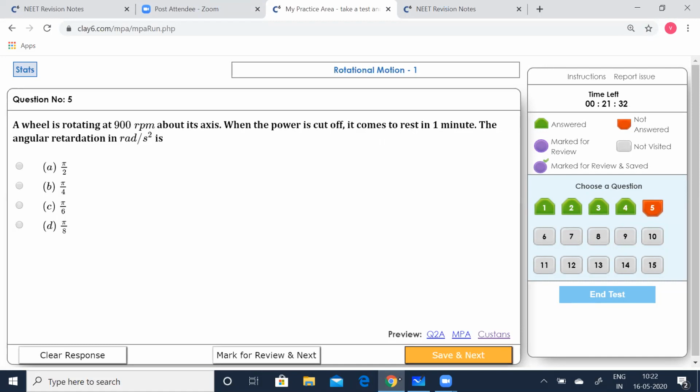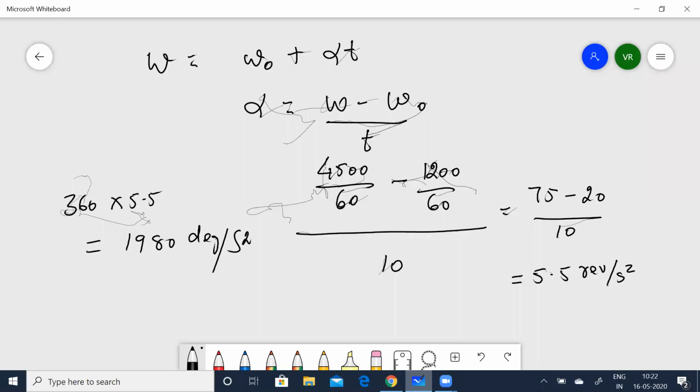Each time make sure you are thorough with the concept, like what formula has to be applied. Look into the data given, and finally when you arrive at the answer, look into the units also. Sometimes you might be mistaken, like we did in the previous sum. We were carried away, it was revolutions per second, so we thought that was the answer. No, look into the units, it is given in degrees per second squared. So we need either radians per second squared or degrees per second squared. We need to convert it to degrees per second squared and then finally click on the answer, right?